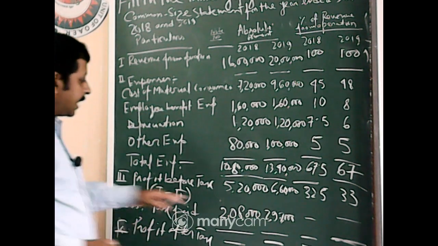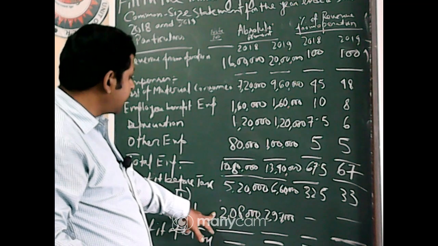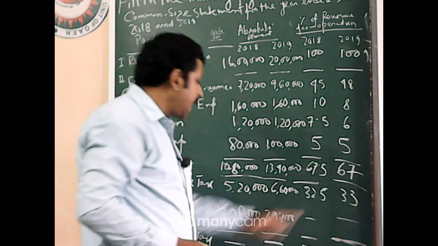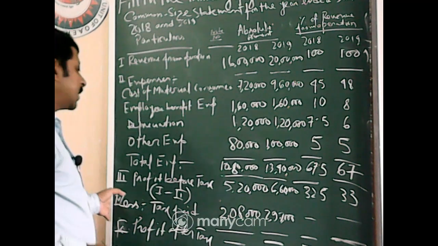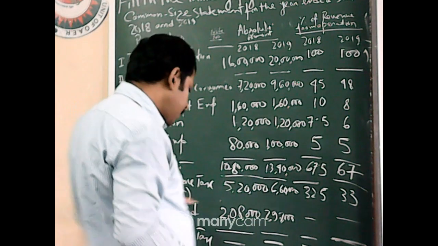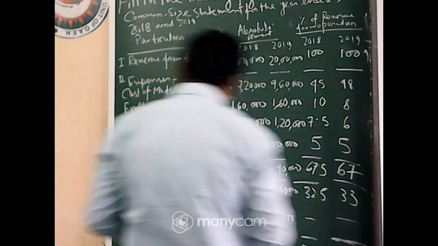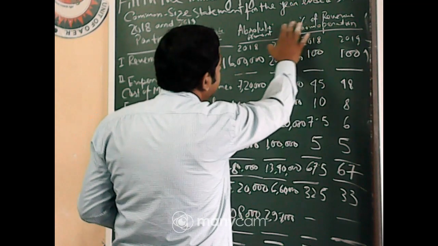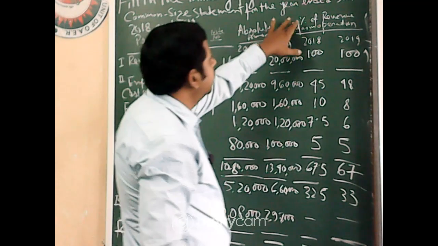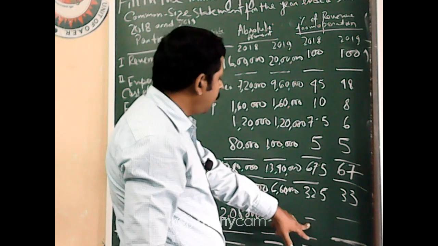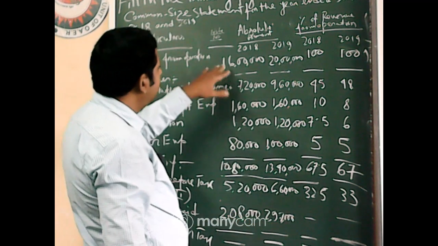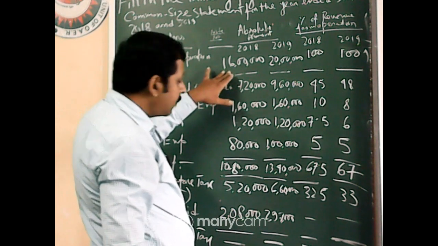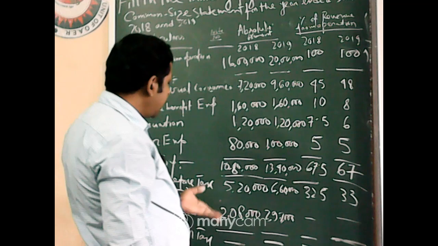Now tax paid. Tax paid absolute figure is given. You have to calculate the percentage of tax paid. Here the heading of our percentage is percentage of revenue from operations. So whatever percentage of tax you calculate, upon the basis of revenue from operation, here you can reveal the